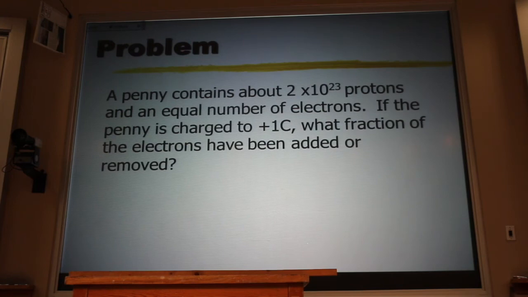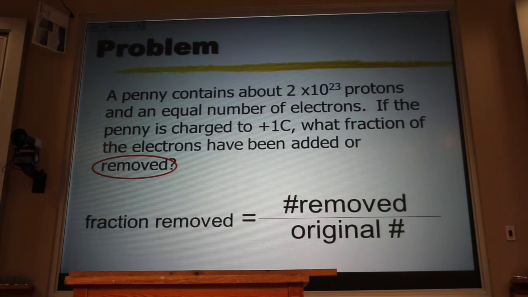Here's my question. If a penny contains about 2 times 10 to the 23rd protons and an equal number of electrons, if we were to somehow charge that penny up to 1 coulomb, and it'd be foolish to do so, it would destroy Bozeman, but what the heck? In the name of science, we do it. What fraction of the electrons have been added or removed from the penny? First of all, were they added or removed? They're removed, okay? And the fraction is going to be the number that we removed divided by the original number